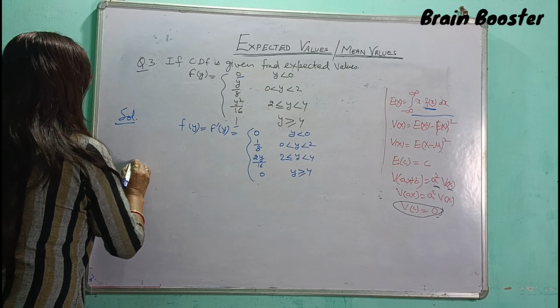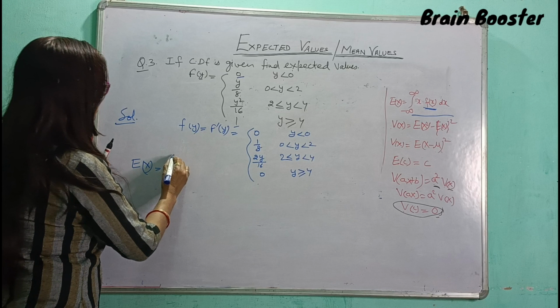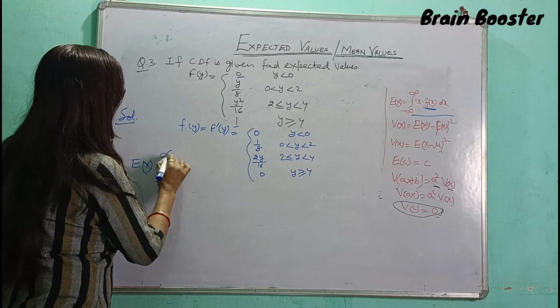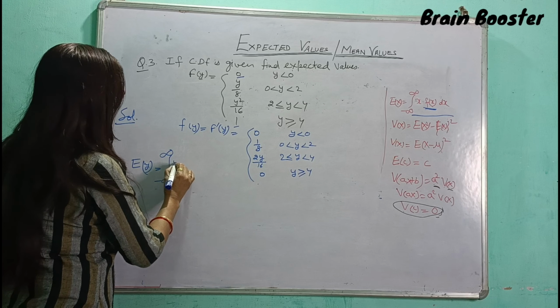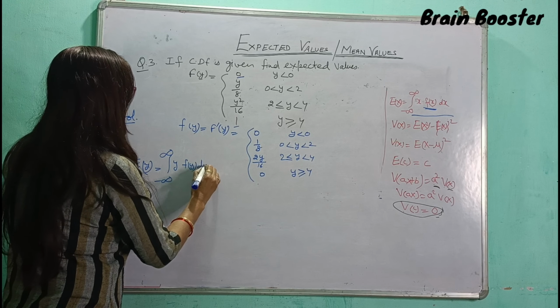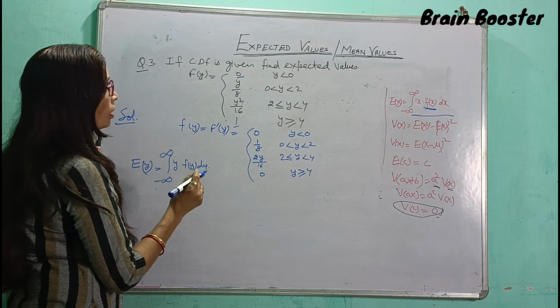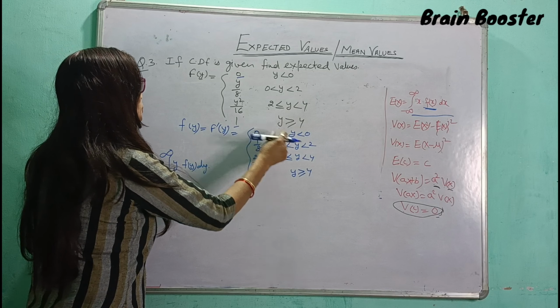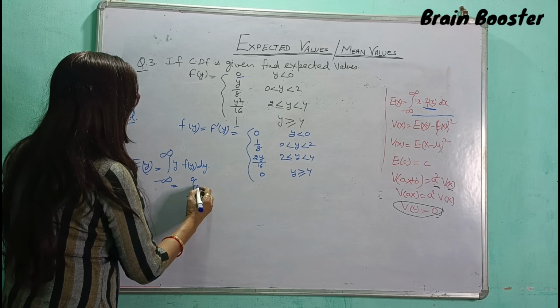Now we can find the expected value. Expected value is the integral from minus infinity to infinity of y into f(y) dy. Here this one is 0 and this one is 0. That means minus infinity to 0,